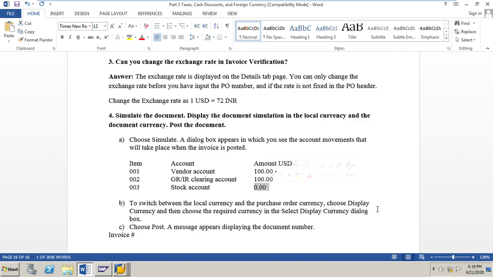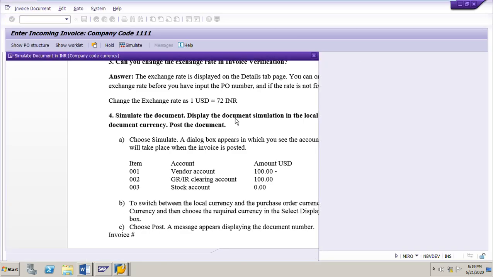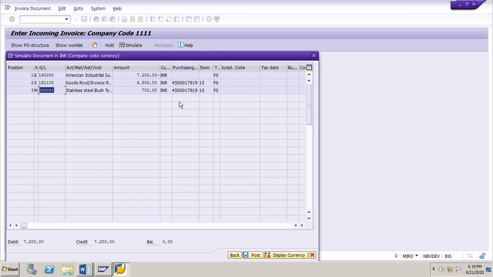In US dollar, it will be zero, because I am going to pay only $100 to the vendor. But in terms of rupees, I am going to pay 700 rupees more to the vendor. Hence, I can see the difference only when I simulate the invoice and show it in INR.